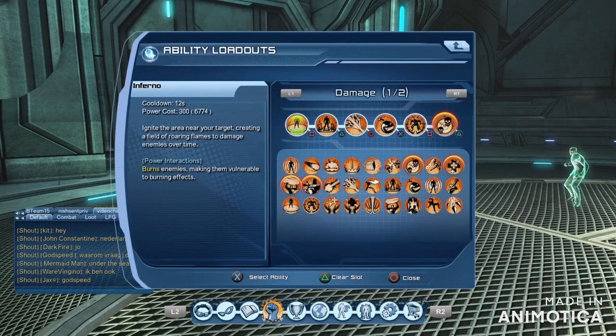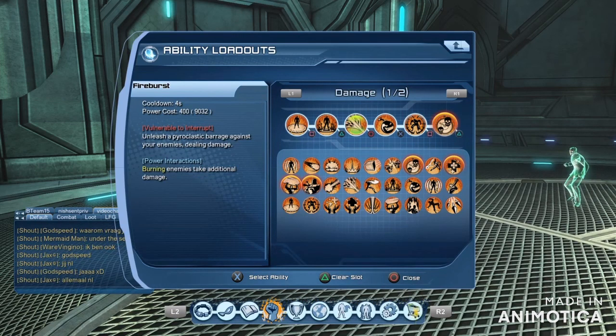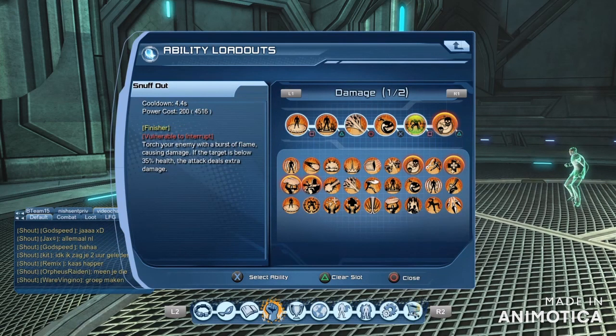So we'll start off the rotation with Inferno, that puts the enemies burning. Wildfire, burning enemies will take additional damage. Fire Burst, same result. Mass Detonation, same result, burning enemies take additional fire damage. And Snuff Out. Now Snuff Out is the finisher move of fire, so take note of that, okay? This does a tremendous amount of final damage, let's call it final damage of the rotation, if applied correctly with